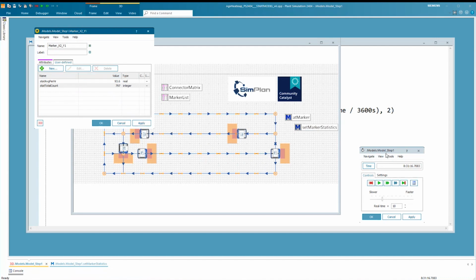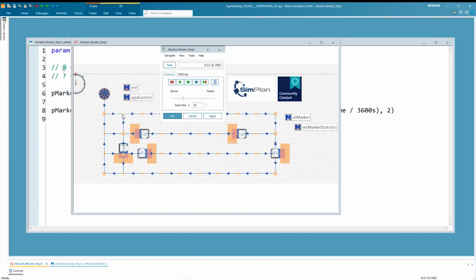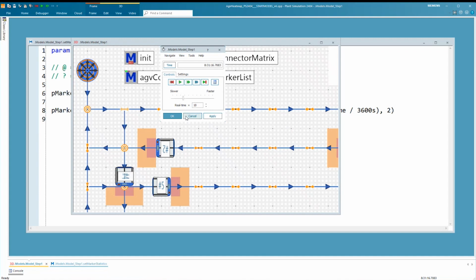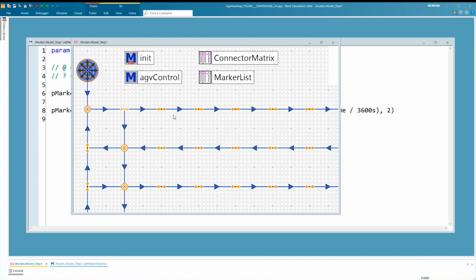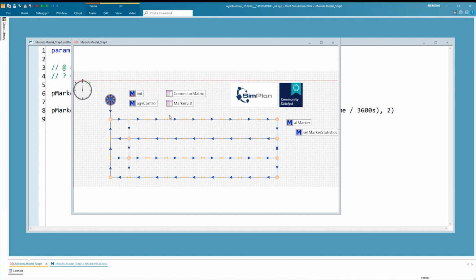So you see now I have close to 800 AGVs that went through this marker, and I've spent a little more than 8.5 hours. So on average, that's 90-something AGVs that went through this marker here. It's one very simple statistic that I can collect here.